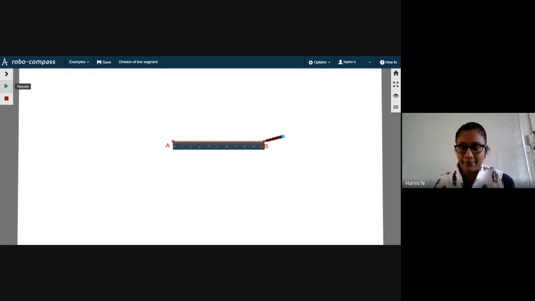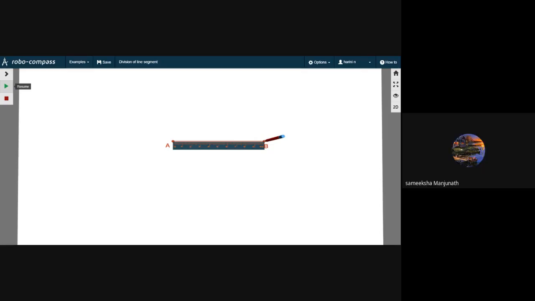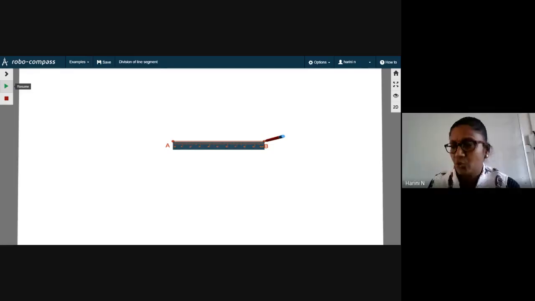Now, next step is I'm going to draw an acute angle below A at the point A. That means what? Any acute angle. What is an acute angle? Which is less than 90 degrees. Yeah, you have to construct an angle at A which measures less than 90 degrees. So nobody is going to give you any measurement. You simply have to take an acute angle at A and draw that line. See how it is drawing there.